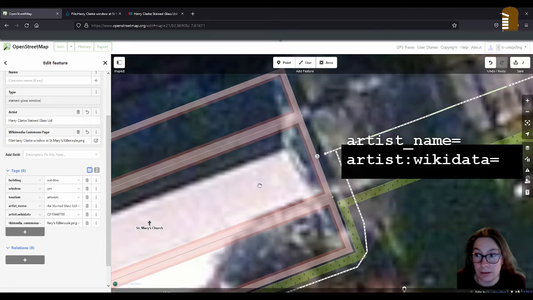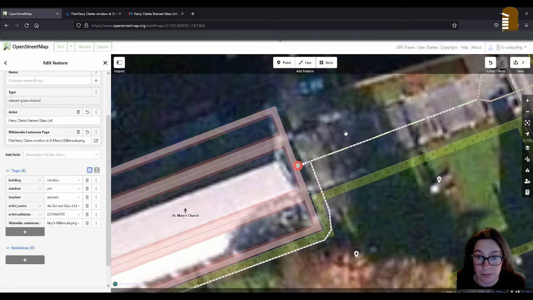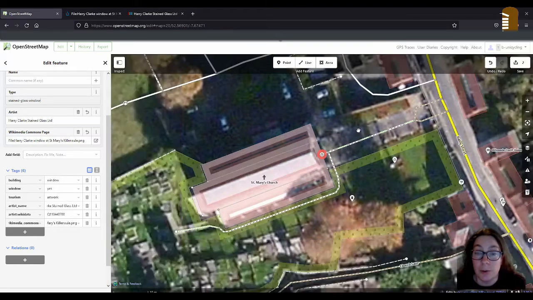Because nobody has done this as much as I propose. The beauty of this is once this is done properly, with every Harry Clark window and every Meyer & Co. and whatever workshops and studios are out there, we will be able to filter all the churches that have those windows, and it'll also show you which window in the church is the one you're looking for. And that's even better than the map provided by Buildings of Ireland.